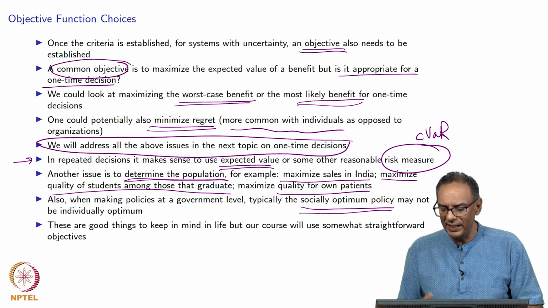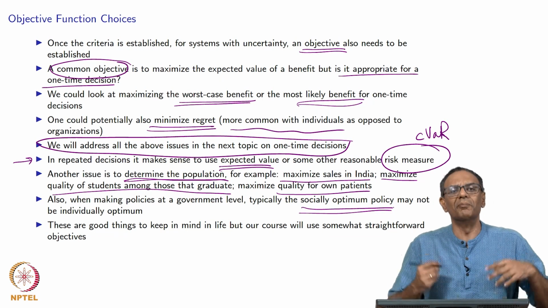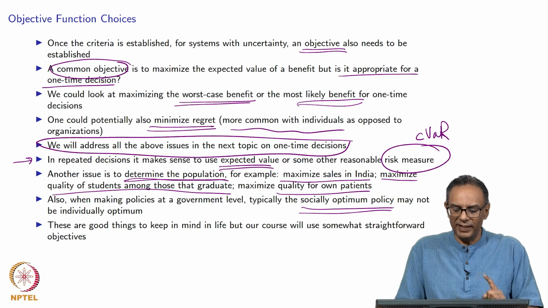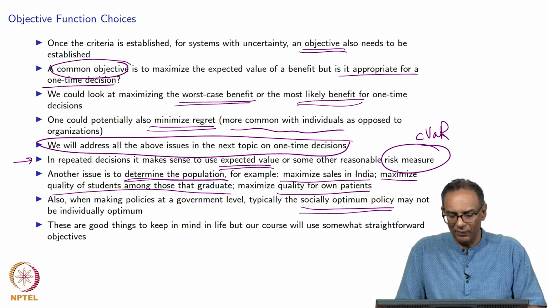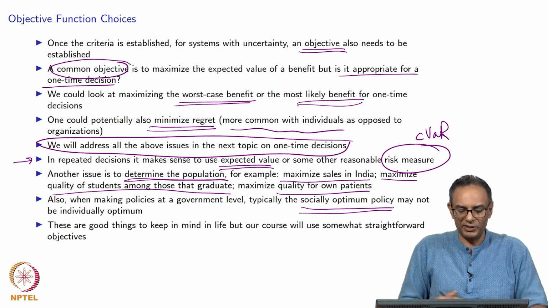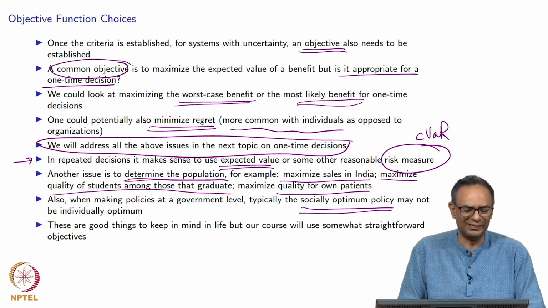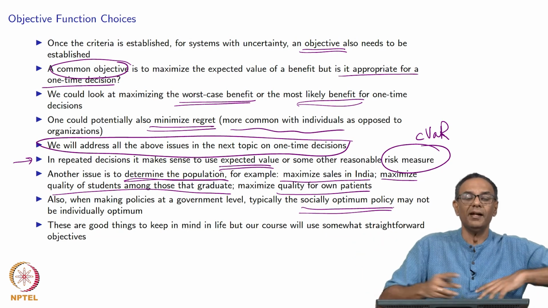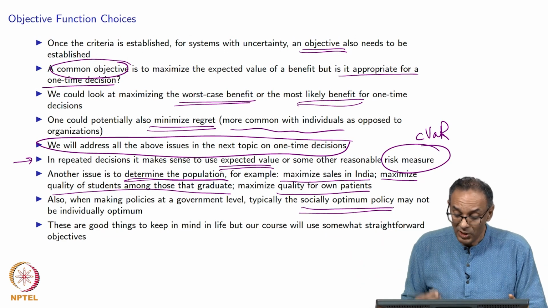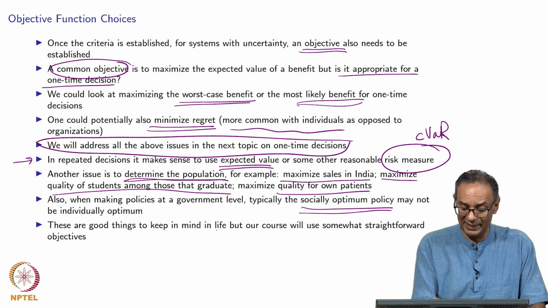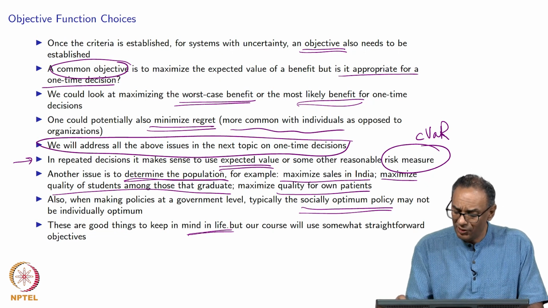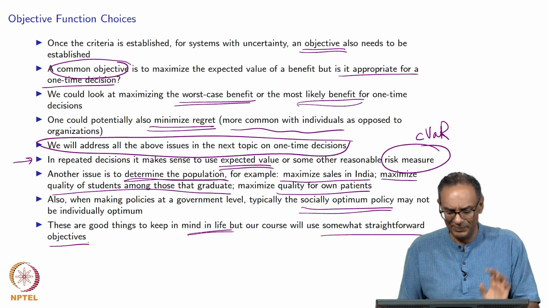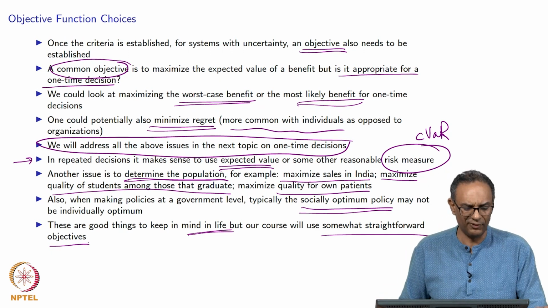However, many times you're really mad at the government for making a decision. If you think about it, they are not trying to make your life best, but they're trying to say, what is best for the population as a whole? And that's the reason you have things like democracy, because you do want to see what works for everybody taken in an aggregate way. So these are good things to remember in life for sure. Fortunately, our course won't go into some of these nitty-gritties, but we'll keep our objectives very straightforward.